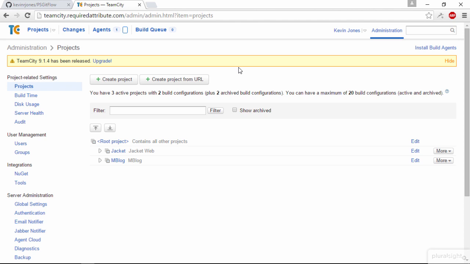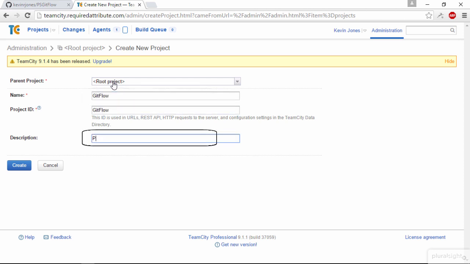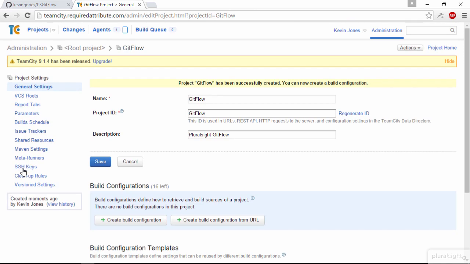What we will look at though, and what we will concentrate on, is using Git to manage the sources and how we can use TeamCity to pull multiple branches from the server and build those branches at the same time. So we'll run through the steps here. We want to create a project, and we'll just call the project GitFlow. And we can give it a description. So I'll say Pluralsight GitFlow,